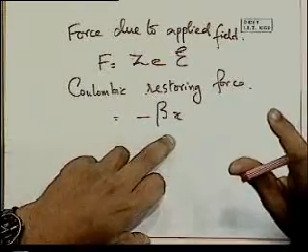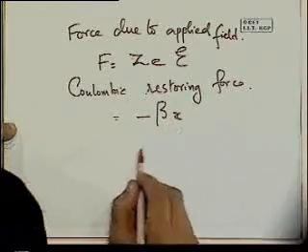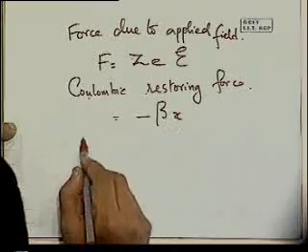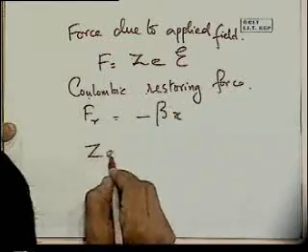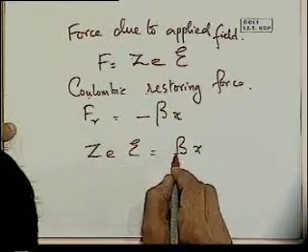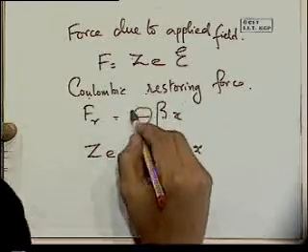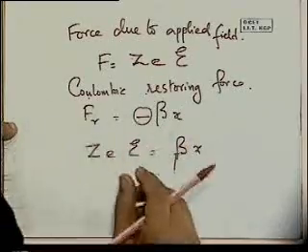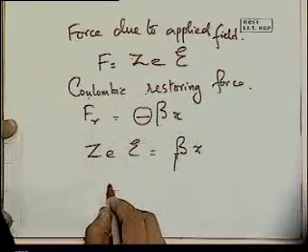Beta is some constant, and I'm not worrying about it. So this is the restoring force, and we will then equate these two to get ZE equals beta x, magnitude only we are considering. The minus sign indicates that the force is directed from the negative charge to the positive charge. So out of this we can then extract,